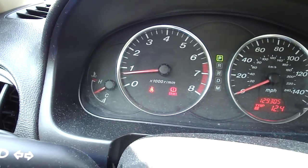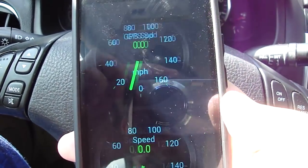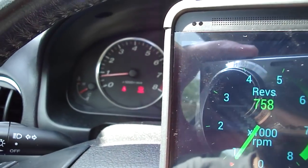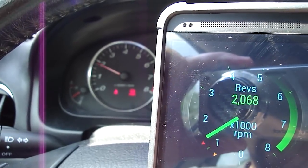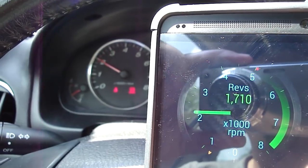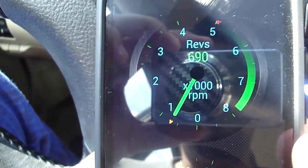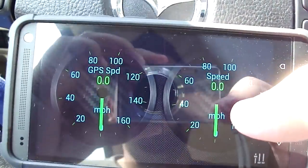If I rev it up, here, let me get on the rev screen, the one with the big dial. Okay, so I'm going to attempt to show you as they climb. It's pretty instantaneous. As you can see there, the data is transferred fairly quickly through Bluetooth. So that's just some of the things you can do. You can calculate several things, make sure,